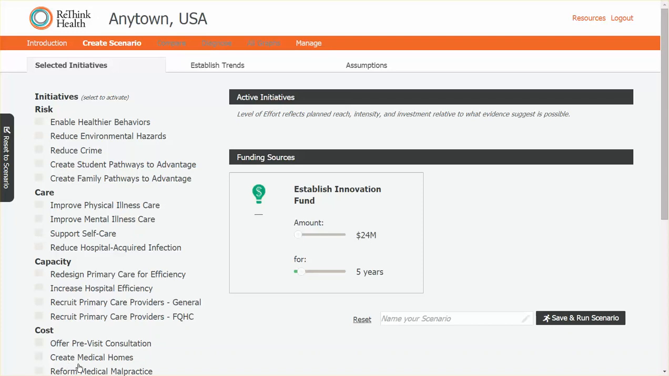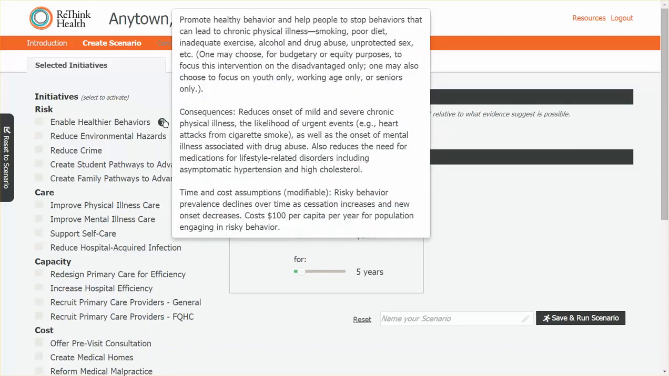In this demonstration, we will start by testing enabling healthier behaviors. Enabling healthier behaviors means both to promote healthy practices and to stop unhealthy ones that can lead to illness or injury. This initiative encompasses a variety of behaviors such as smoking, physical inactivity, poor diet, unprotected sex, alcohol, and drug